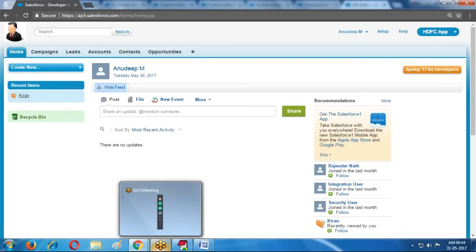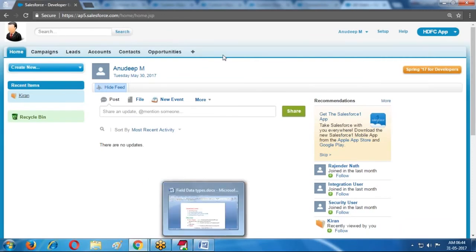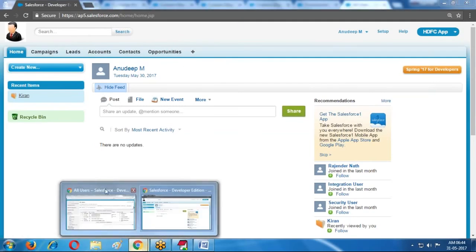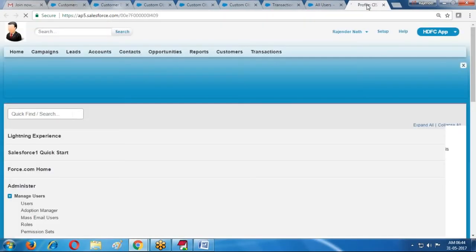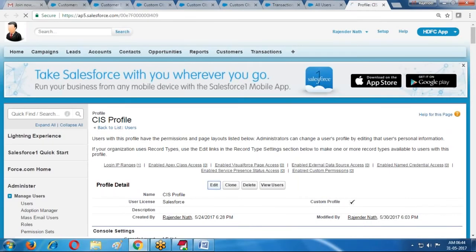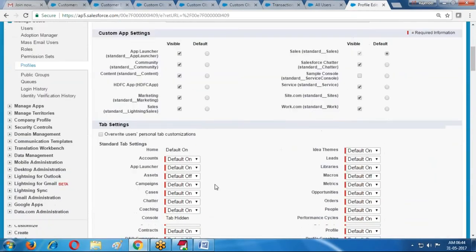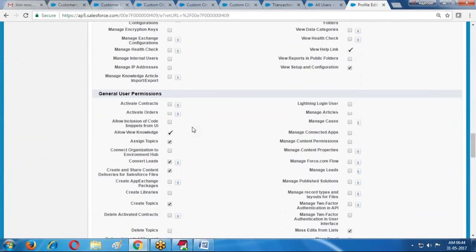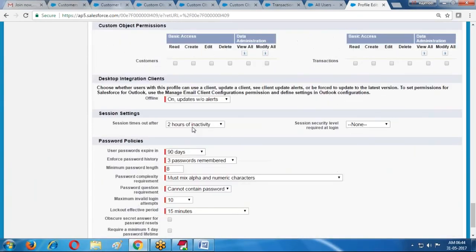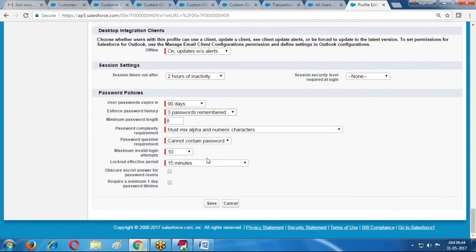So first I am enabling profile level permissions in this profile. What is the profile? CAS is the profile. Open the CAS profile, edit the profile, and what are the objects? Customer is the object, tab hidden, default on, and as well you select object level permission also. I am providing object level permission. Save it.